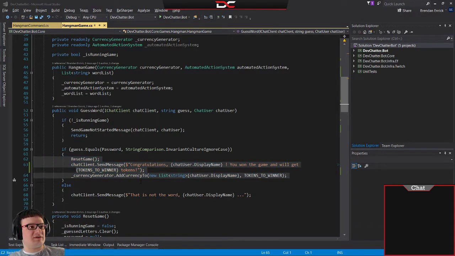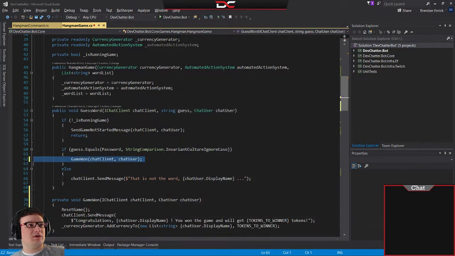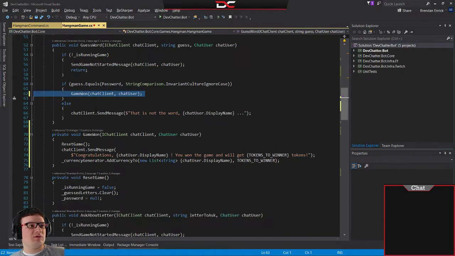Let's do this. Let's extract a method and we're going to call it game 1. It's almost like handle game 1, but we're just going to call it that for now. So in our game 1,